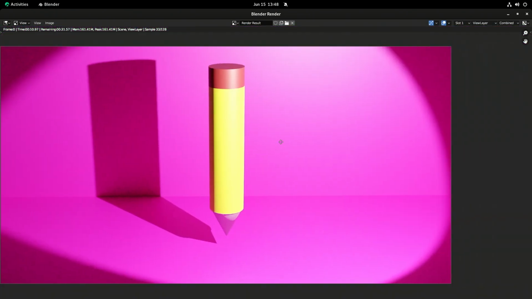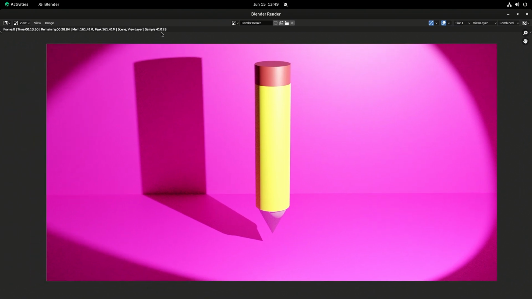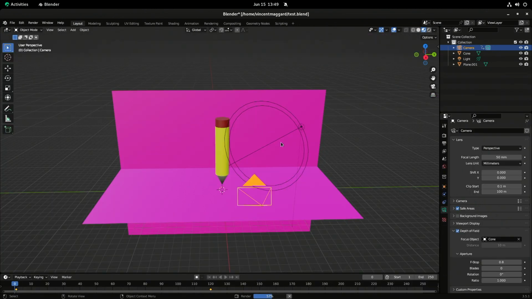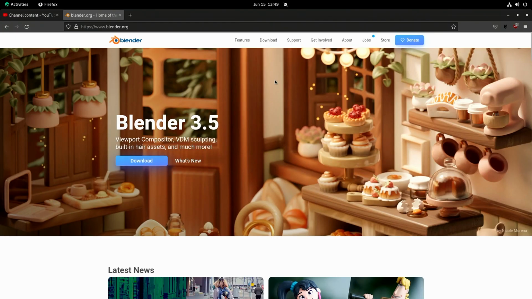And when it gets to the last sample, I'm doing 128, which is probably more than I need to do for this simple scene, but that's what I'm doing anyway. When we get to the end of this, it will actually denoise, so we'll come back to that when it's done. You can see down here it also shows you the rendering time. Once this is done rendering, I'll come back and I'll show you the final product. Actually, it looks like it's almost done anyway. We'll just stick around.